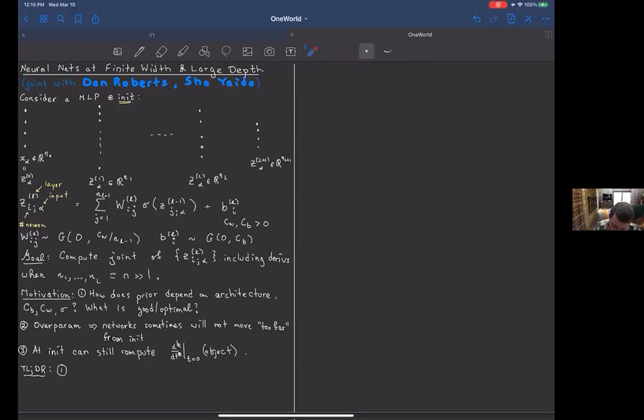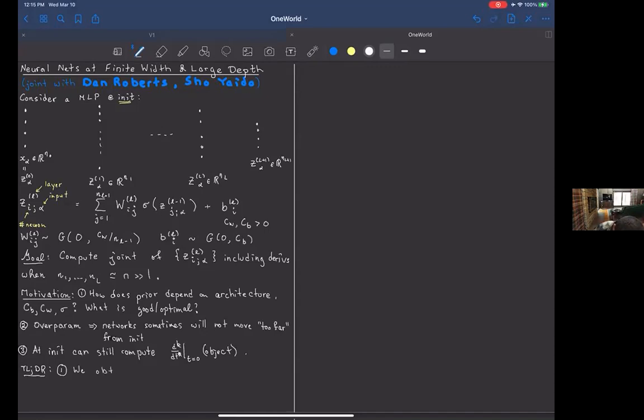So I told you that my network was wide, but not infinitely wide. And the kind of thing we learned, and this is really one of the reasons I was so excited about this project and why we decided to make a book out of it rather than just write a long paper or something like that, is the kind of techniques that we develop are very generic. I'll say that in a minute. They work for lots of architectures, and they really give you, in principle, a way to answer any question you want at initialization. They're a very broad set of techniques. So let me try to say that at least in some specific way.